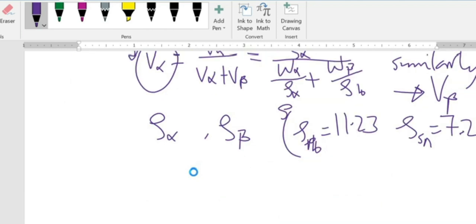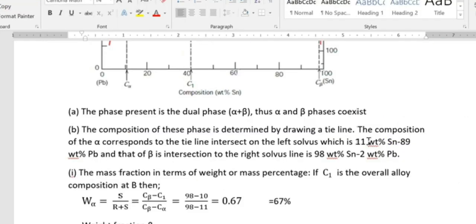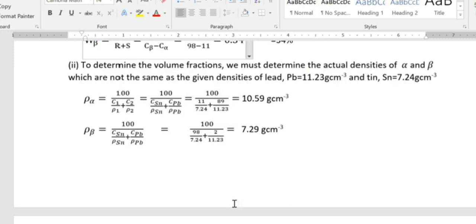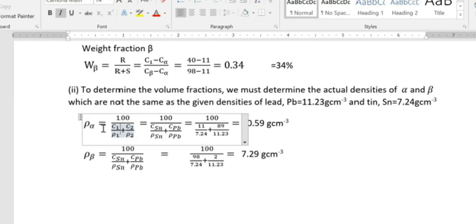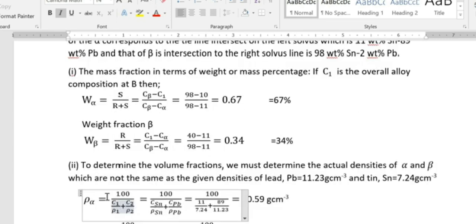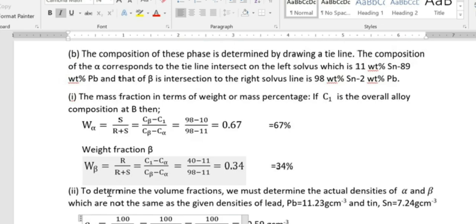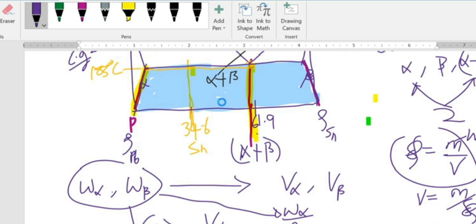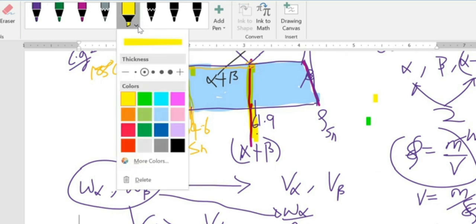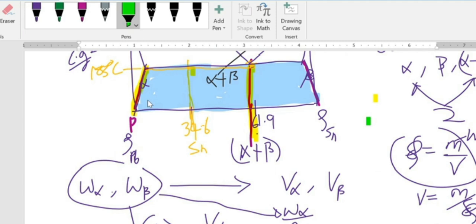So it means density of alpha is not equal to density of lead, and density of beta is not equal to density of tin. The composition of alpha contains lead and tin, and the composition of beta contains lead and tin. So we have to use this formula to determine the density of our alpha and density of beta, because density of alpha is not the same thing as density of lead. It's only equal when the region is at the origin. When it is at the origin, then density of lead is equal to density of